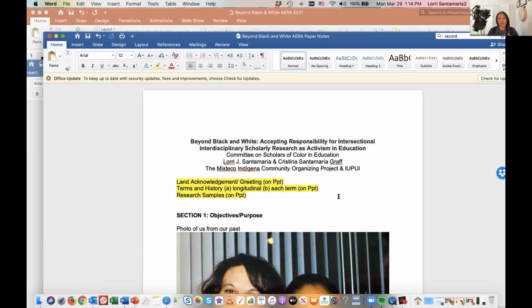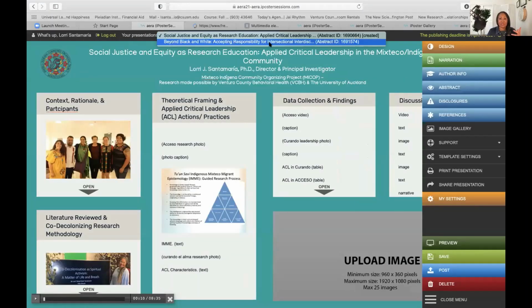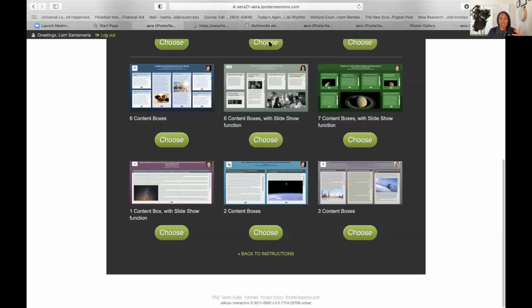Go ahead, Laurie. So for me, the PowerPoint has changed its function. Instead of being the center, the PowerPoint is just kind of an elaboration. For the Beyond Black and White paper that I'm doing for the Committee on Scholars of Color, I'm only using the PowerPoint for my land acknowledgement, my greeting, some terminology, and some research samples. The meat of my presentation is going to be something else. I want to do a land acknowledgement and a greeting, but I don't necessarily want one of those panels to be that. So I figured a really good way to manage that was to let my PowerPoint presentation be